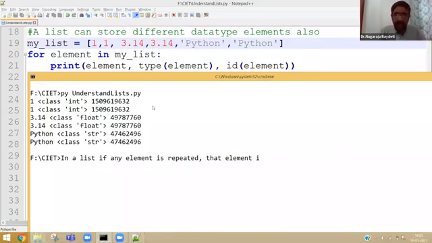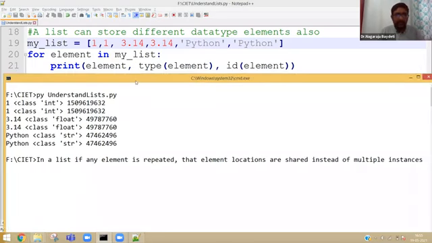Or I can say that element locations are shared instead of multiple instances. In a simple line I have written, instead of multiple instances, they are shared.